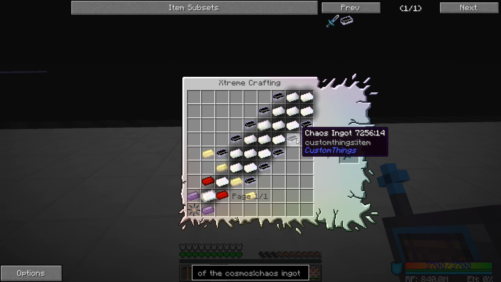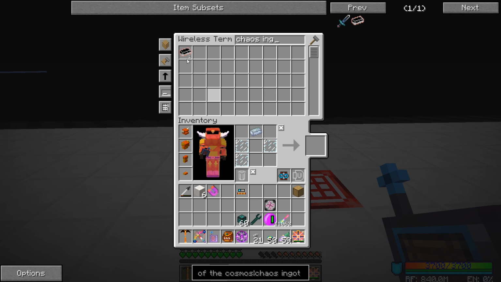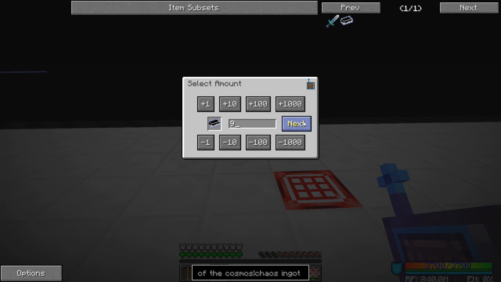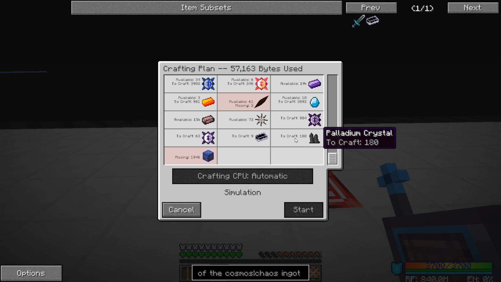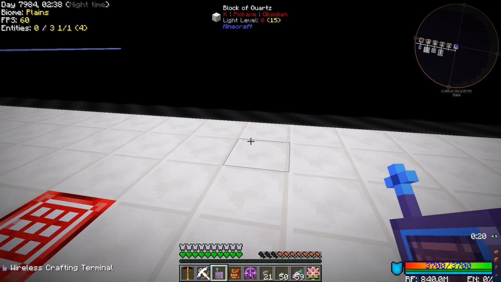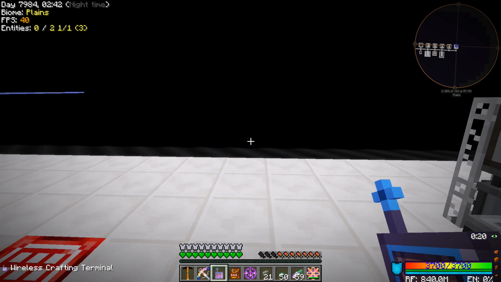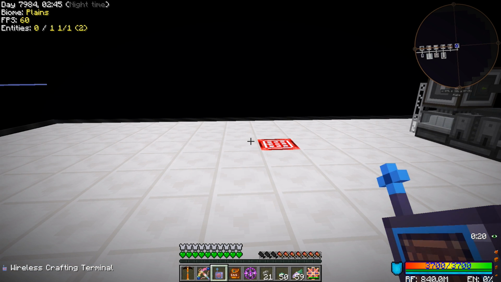So that's 1. So we need 1, 2, 3, 4, 5, 6, 7, 8, 9 more. Can we make 9 more? Is that something it's gonna allow us to do? That looks like no. Why is that machine still making sound? Stop making sound. No, we cannot do that just yet because we need to get more of the chaos shards,